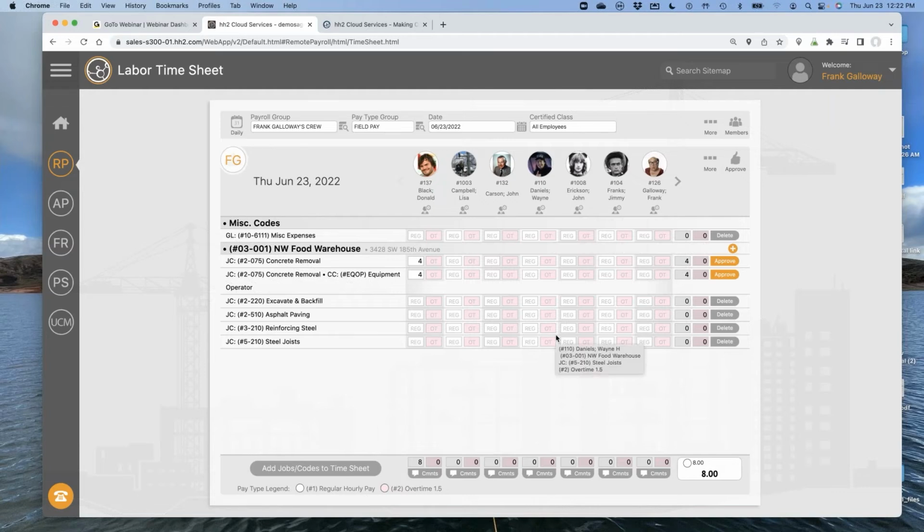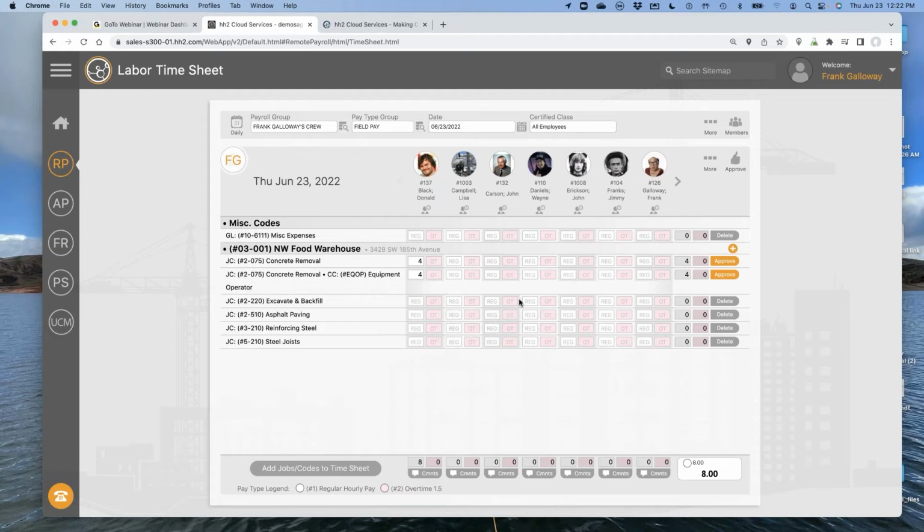Now, the boxes that you see here in the middle are pay types. I mentioned to you that we sync over your pay types. For Sage 300, you're unlimited, right? For Sage 100 Contractor, you're limited to the 9 hard-coded pay types in there. We support all of those, except for pay ID number 7, I believe, in Sage 100, which is piece rate. We're not allowed to push data into that piece rate side.